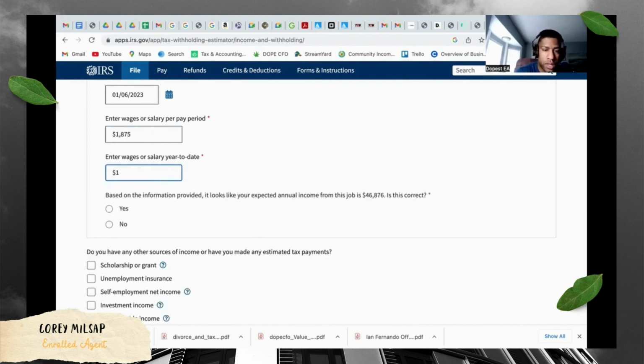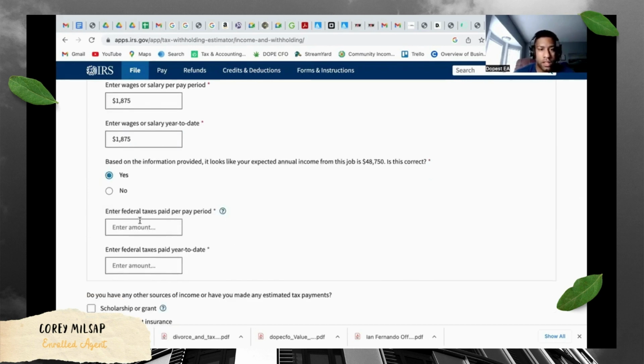So it's going to say 1,875. Okay. Based on the information provided, it looks like your expected annual income for this job is 48,000. Okay. That works. Yes. Okay. Now, how much in federal taxes? So I'm just going to take 10% of what I made here. So I'm just going to say 188. And then let's say 10% of all of that is, let's say